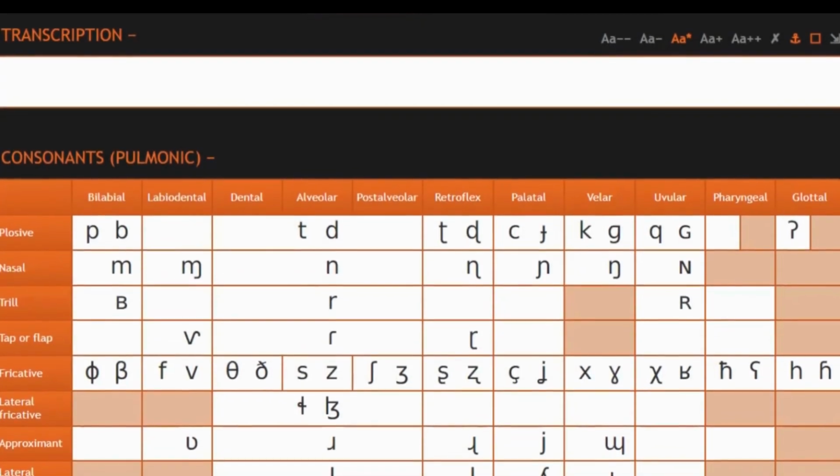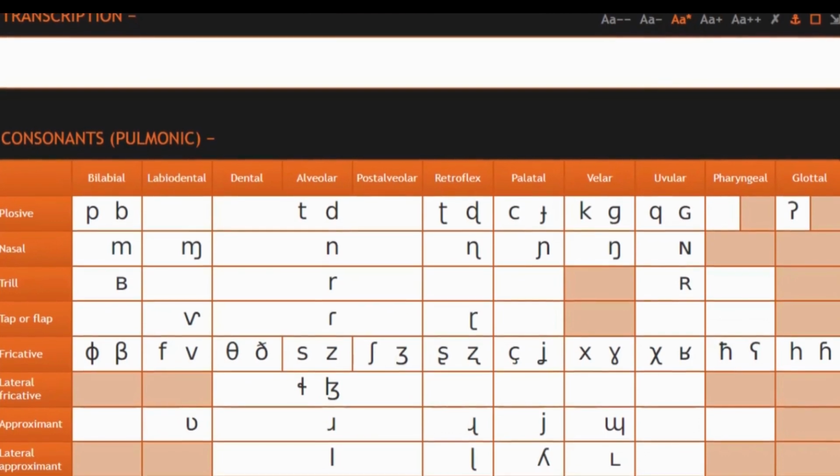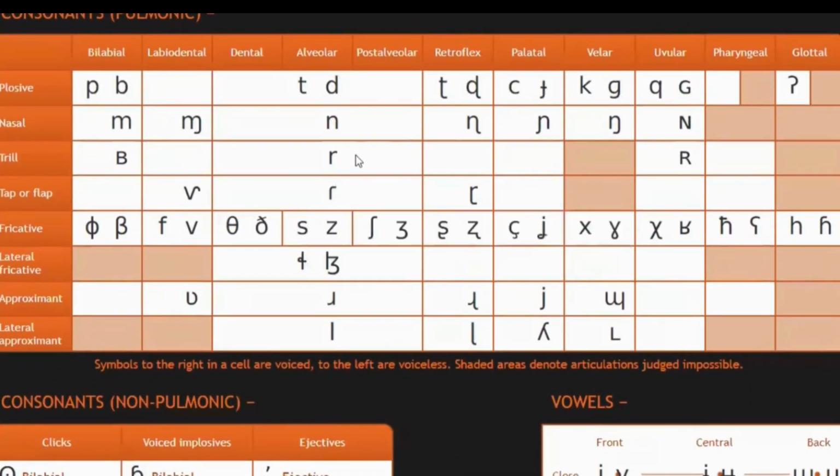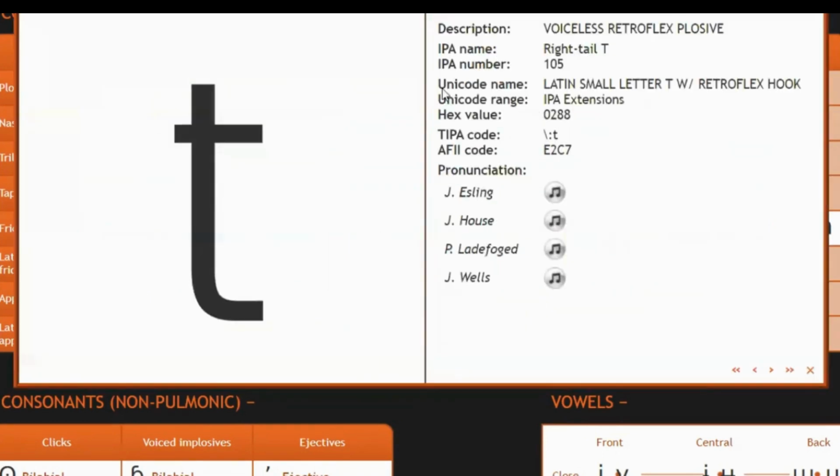Right, welcome back. We're going to continue to look at the consonants and the IPA chart. So we finished talking about bilabial, labiodental, dental, alveolar, and postalveolar sounds. Now we're going to look at retroflex sounds. Starting with the plosive, we have the voiceless